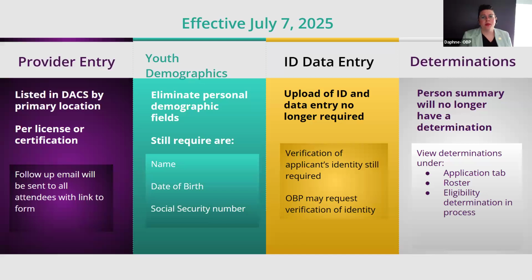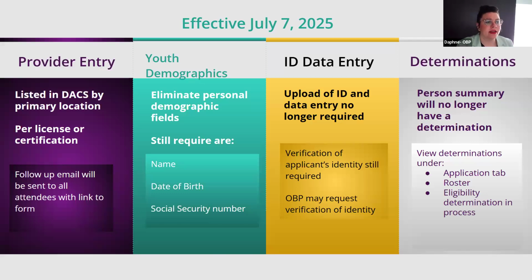And so that form that we will be sending out is going to be really useful in helping us get these set up. And as soon as we get those forms out, we will be starting to do this. So you might see some of those changes with how your program is entered prior to July 7th, as we are getting that program information entered. But again, with that, we are going to be moving all of your roster information to these programs and types as well, so that we're not losing any of that information.